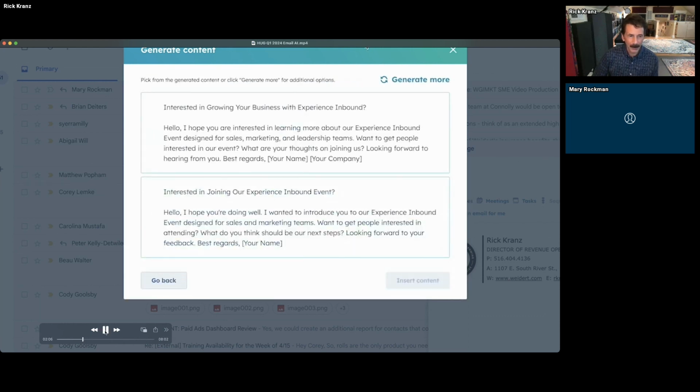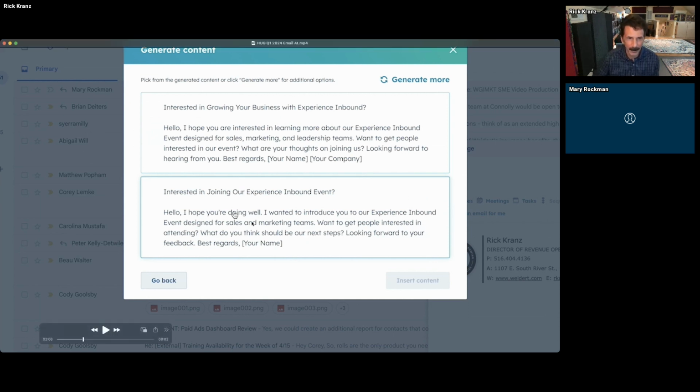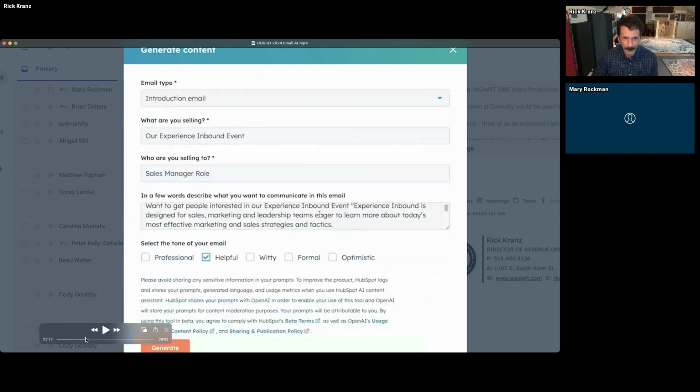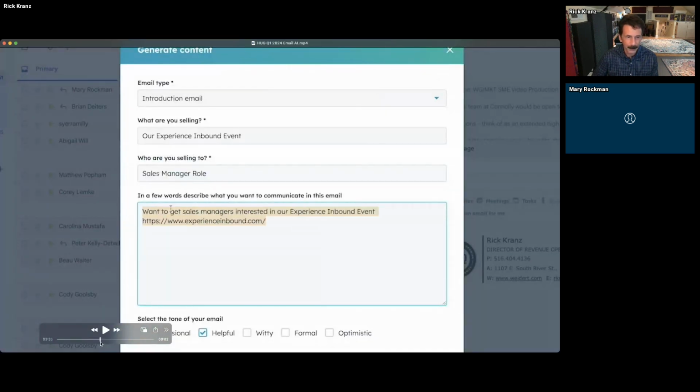It generated another one. Something I want to point out about AI and email. AI has a habit of starting emails with, hello, I hope you're doing well, or I hope this email finds you well. And when you see that, you know it came from AI, it's a sales AI type of email, and I automatically delete them. So I recommend never start your email with, hello, I hope you're doing well. Just to move along, I'm going to settle on this one, and we're going to take it to the section where we go to